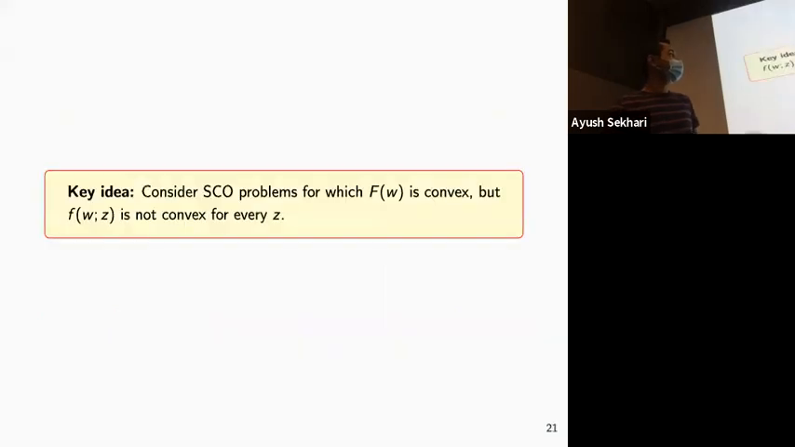Okay, so the key insight to show this negative result is to consider SCO problems for which the test loss is convex, but the loss for every data sample may not be convex. But the distributions are such that when you take expectation, it leads to a convex test loss. I'll come back to the exact constructions in some time, but let me first compare this observation with prior work